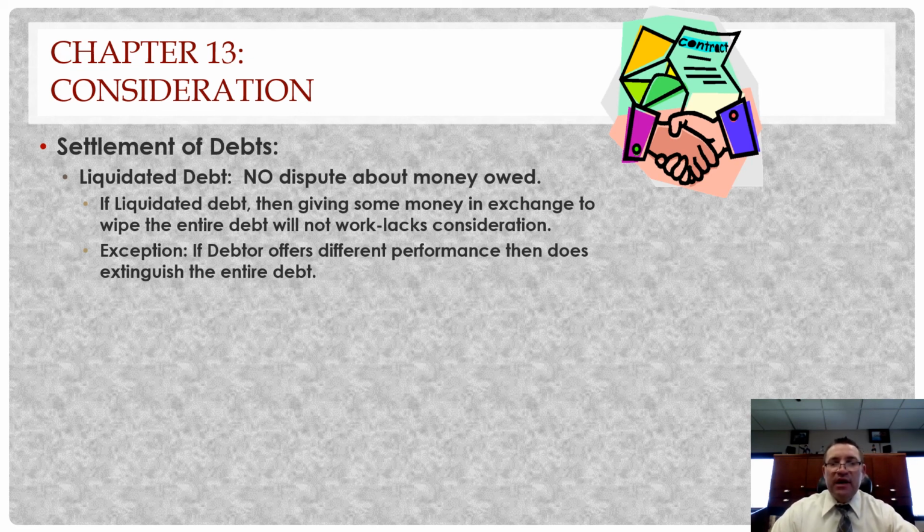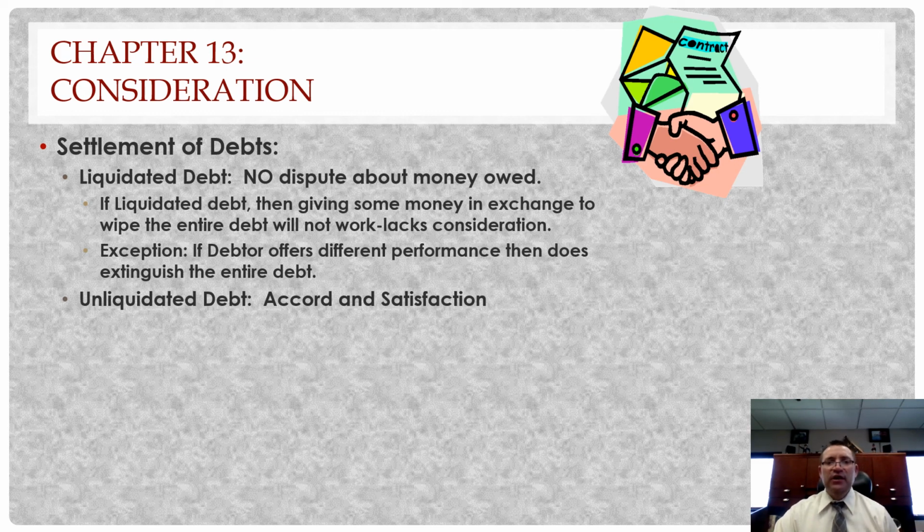Now, if the debtor offers a different performance, that can extinguish the entire debt, right? So if it was, all right, I'm not going to pay you the full 80, I'm going to pay you 20, and then I'm agreeing that you can have this, right? We're good. That's a brand new contract. We're going to say whatever this is equals whatever. You guys agreed that would equal the $20,000. Could be a bargaining situation, right? Maybe you're an attorney and you're going to give me free legal advice on my next potential lawsuit. Okay, the court's going to consider that consideration at that point in time to take up that $20, right?